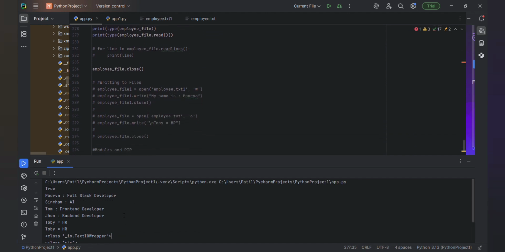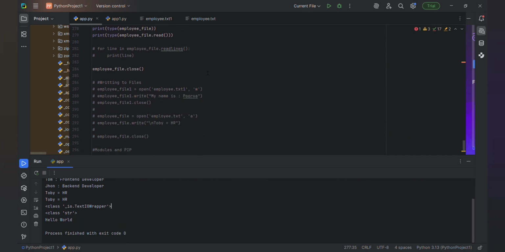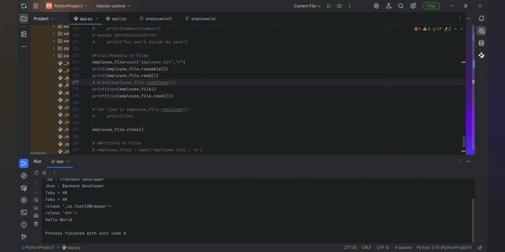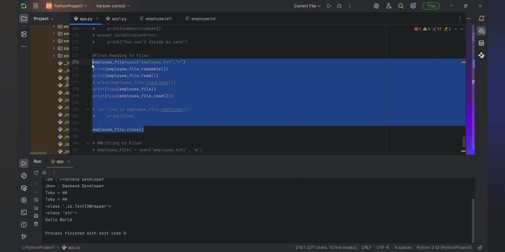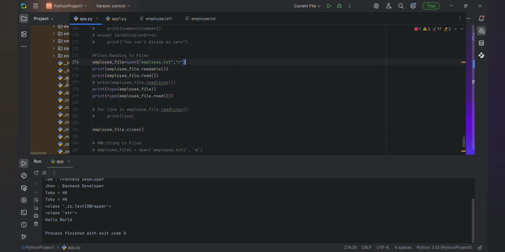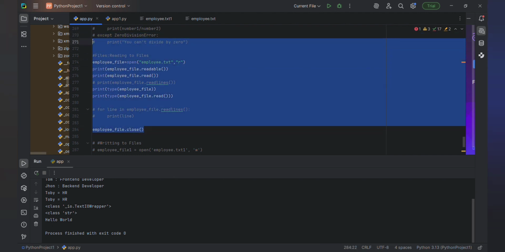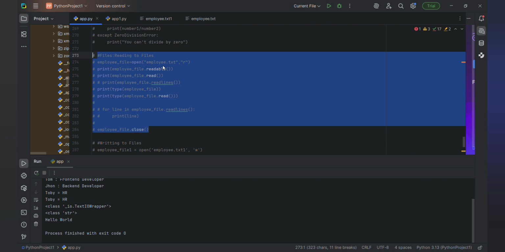Yeah, this is the example. And lastly we are closing the file. This is about reading the file. Just remember this line and this print line. Okay, this is reading files in Python.